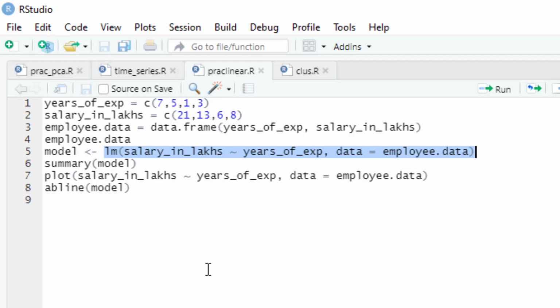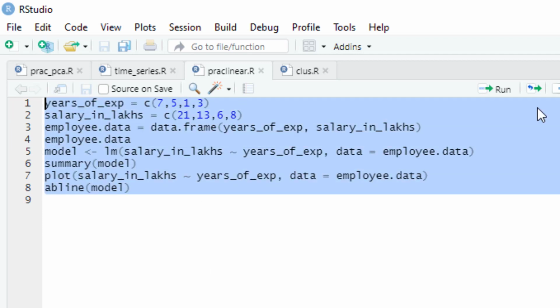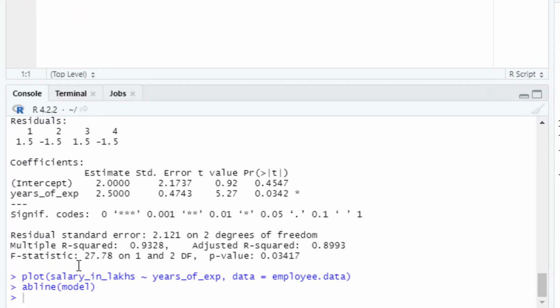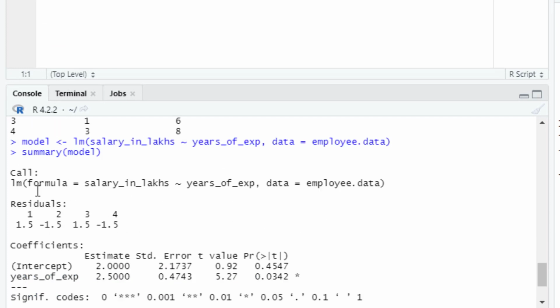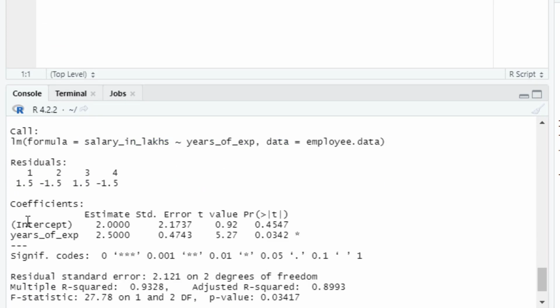Now at the end the code will take the data frame employee.data and use the LM function to create a linear model that will predict salary in lakh based on the years of experience. So when we run this particular thing, you can see over here we have got the summary also.